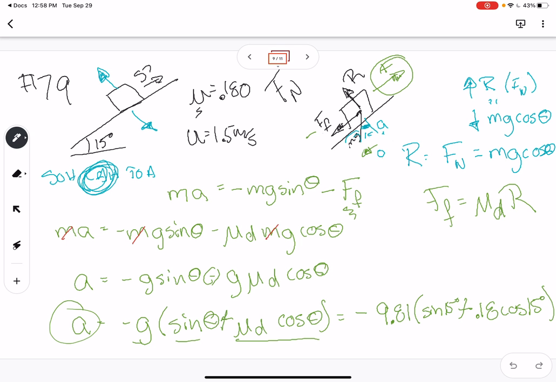All right, I do want to finish this up before we run out of time. We have about 12 minutes left. What did you guys get? Thank you very much for speaking up. Please run this in a calculator really quickly and find what you get for acceleration. Negative 4.24 meters per second squared. All right, negative